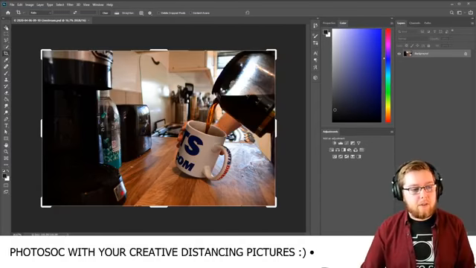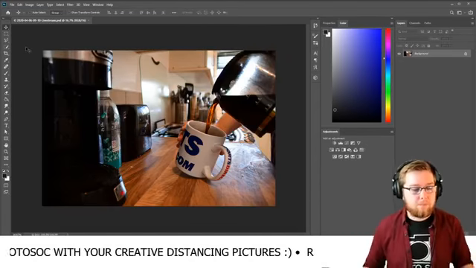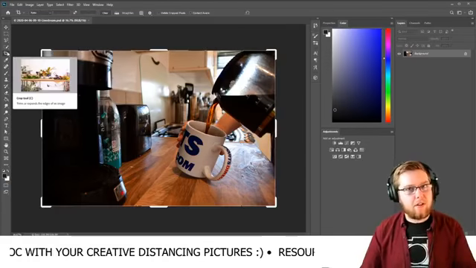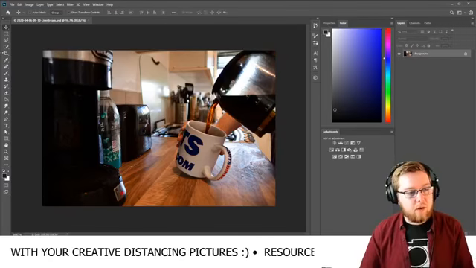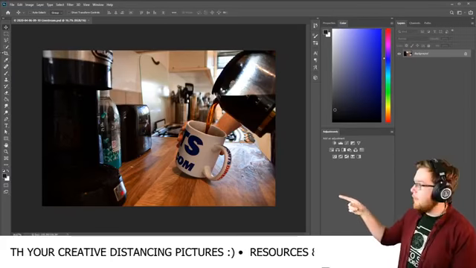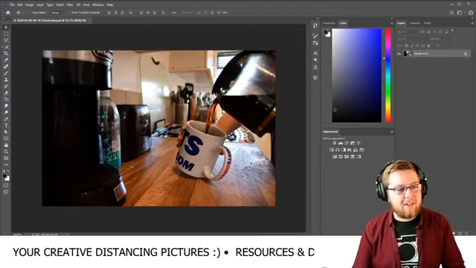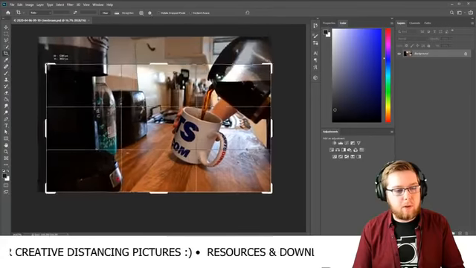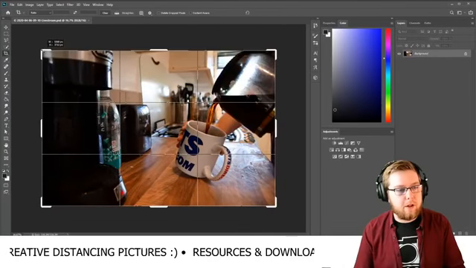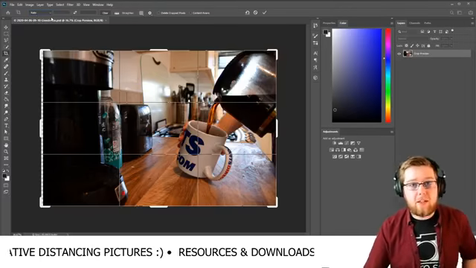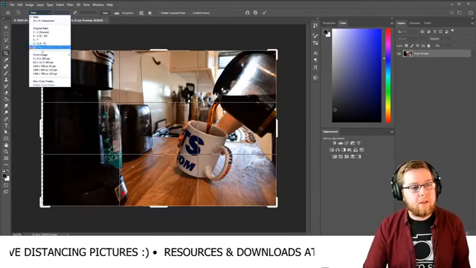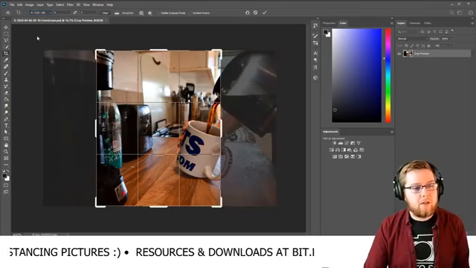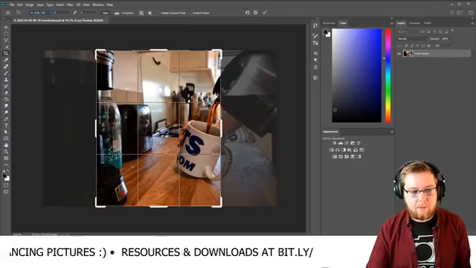So I'm going to start with a crop. We use a crop tool to straighten out horizons and cut out extra little bits in the edges of images, and it is on our toolbar, which is all the way over the other side of the screen, on the left hand side. I'm going to select it, and it gives me this lovely big box which I can drag around to whatever shape I want pretty much. But I'm going to pick my ratio. If you go to this drop down here, you can pick the ratio that you want to use. I'm going to use a 4:5 ratio. So I click on that. That's going to give me a vertical